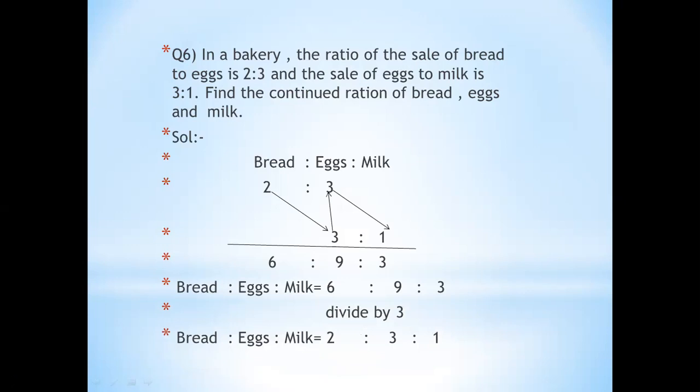This is a very simple and easy question, but you have to care about which value is repeated in both ratios. That one value you write in the middle, and you follow the ratios' order. Look, the first value, first is bread, so below bread 2. Second is egg, so below egg 3. And here eggs to milk, so first is eggs 3, so below eggs 3, and below milk 1. So be careful about this, otherwise there is nothing difficult in this question. The repeated one, you write it in the middle.